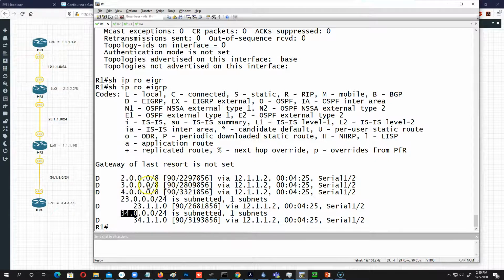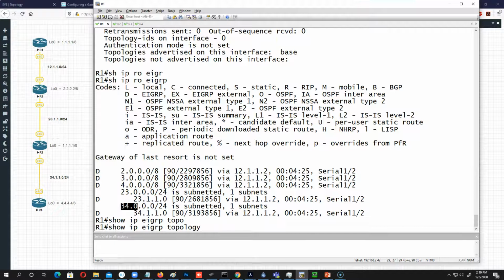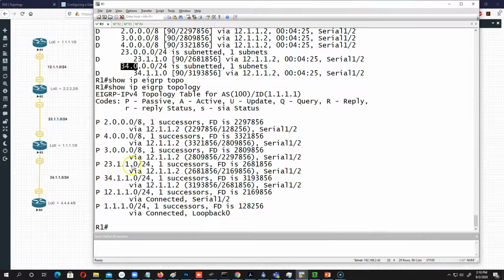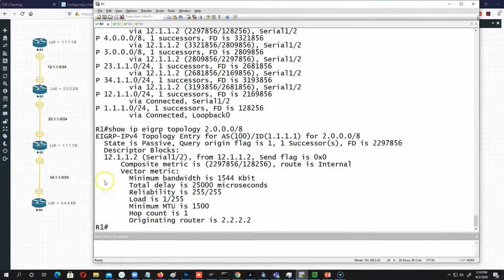If I look at the EIGRP topology table, you can see these are the networks coming in, and if I want to see the details of a network, I can say show IP EIGRP topology for this network. This tells me the minimum bandwidth throughout the path, the total delay, the reliability, whatever. But by default, the values which are used,